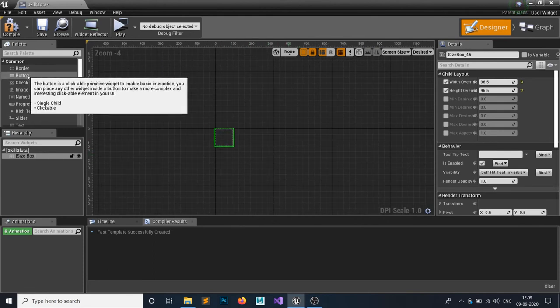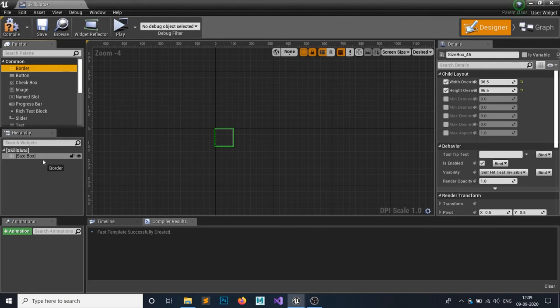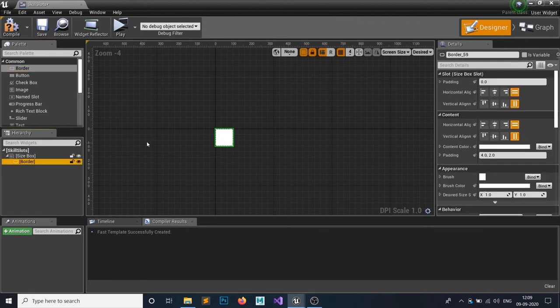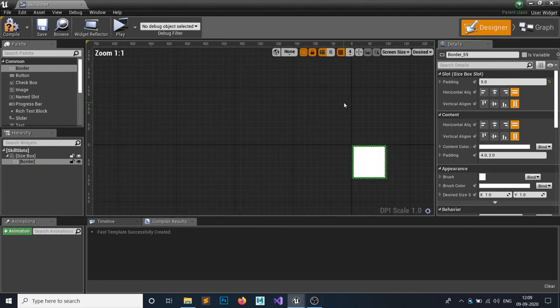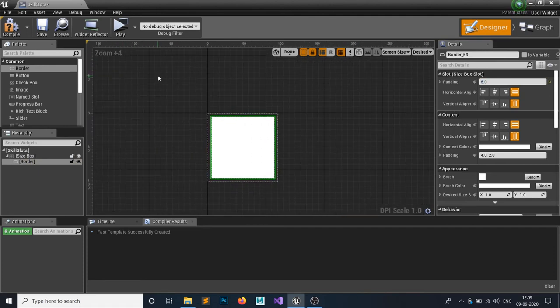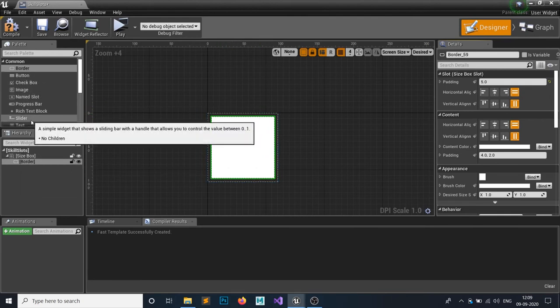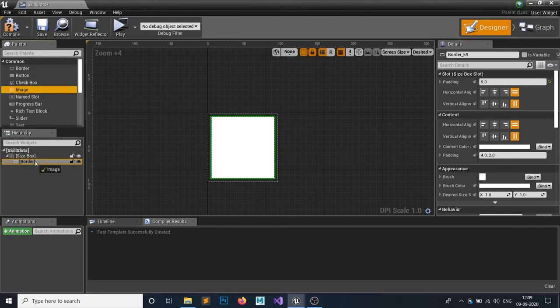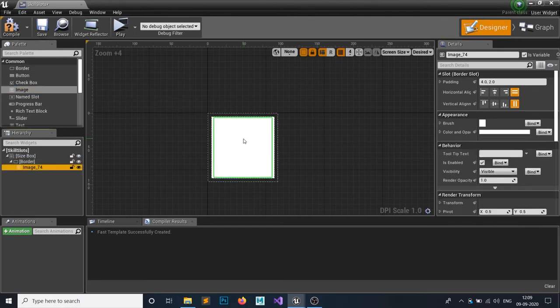After that, add a border, and add it to here. You can see this border, and we want the padding of the border to be 5. Let me show you by zooming in. If I set it to 0, you can see it will cover all the area, but if I set 5, 5 pixels will be subtracted from this. Inside that border we need an image, and for this image we also need to set the padding to 5 like this.